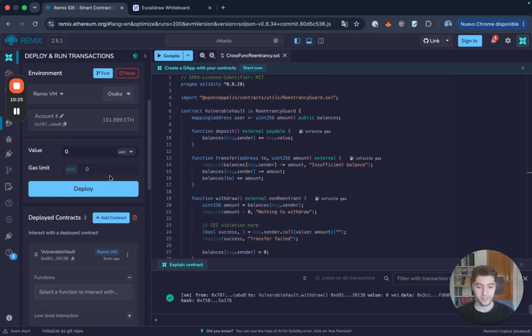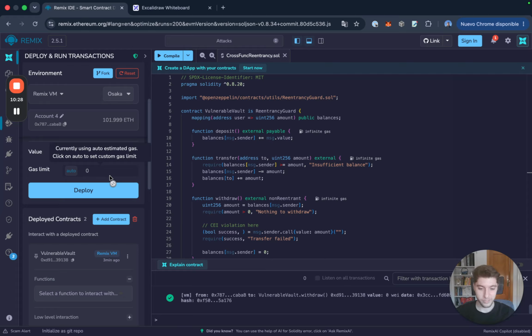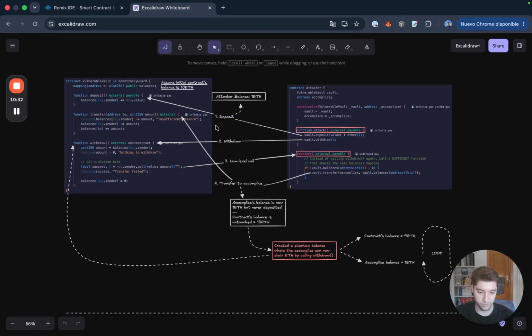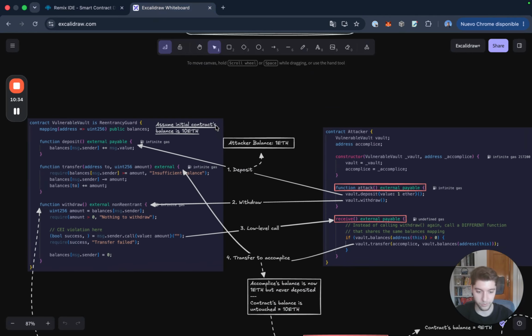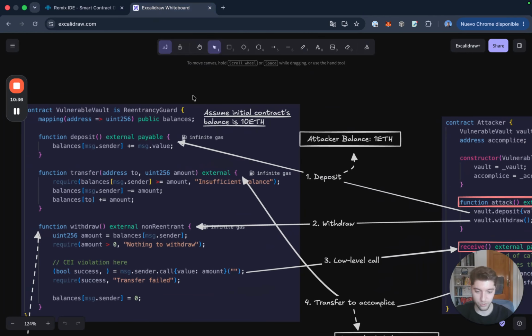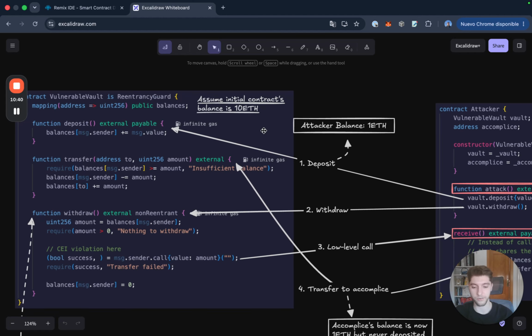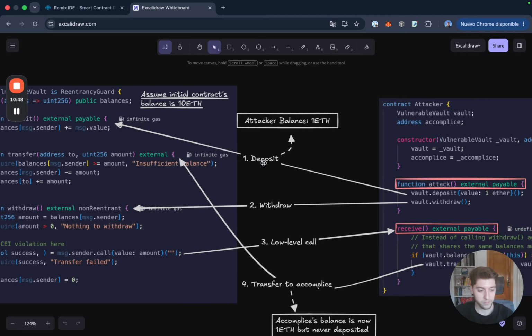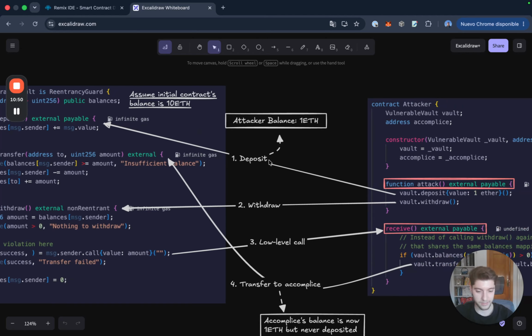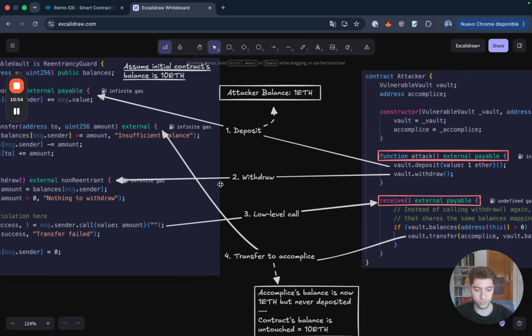So yeah, it is a little bit confusing if you're seeing it for the first time, but let's actually walk through the diagrams so that you can understand how it works, okay? So let's assume the vulnerable vault's balance is 10 Ether, okay? The initial balance is 10 Ether, and just assume that someone has deposited Ether into the contract and it's got 10 Ether, okay? So the attacker will call attack, and then we're going to deposit first, so the attacker's balance is 1 Ether. Then we're going to withdraw,